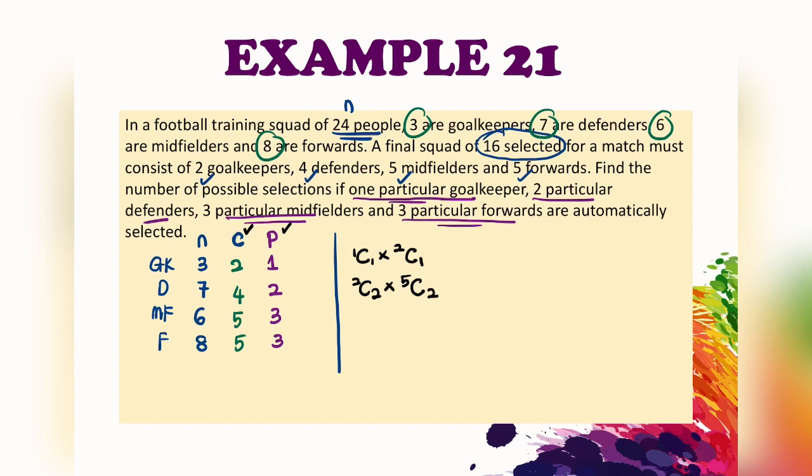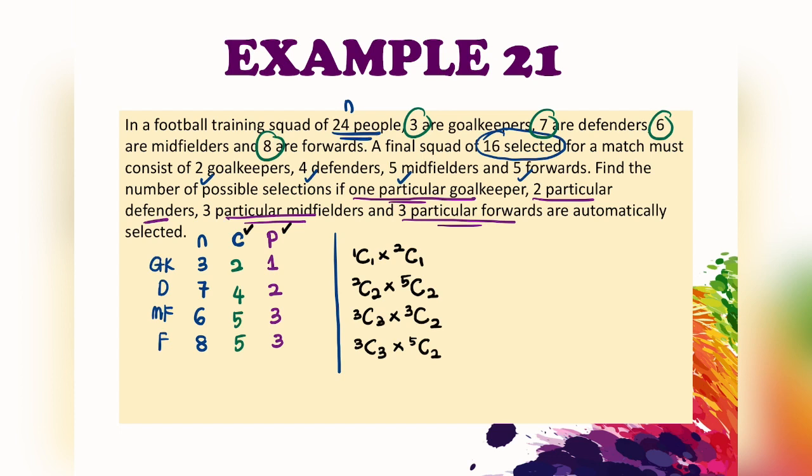Okay, for midfielder, it will be 3C3 multiplied by, since we have a total of 6, that means it will start with 3C, and we want in total 5 to be chosen. So we have already selected 3, so the remaining will be 2. So for the forward position, 3C3 multiplied by